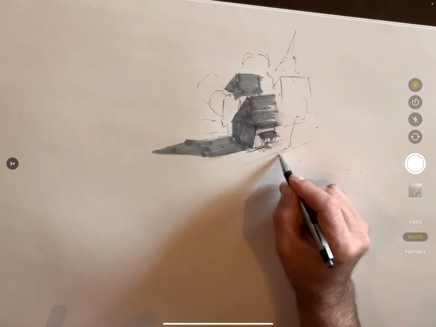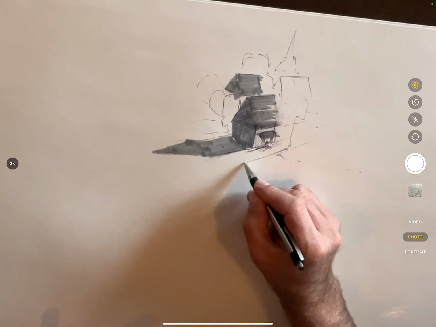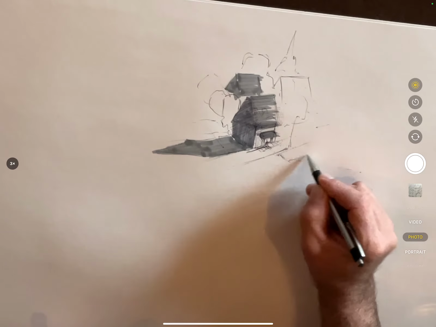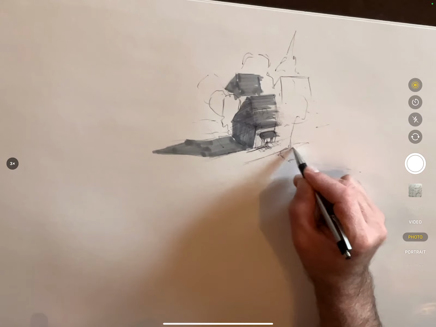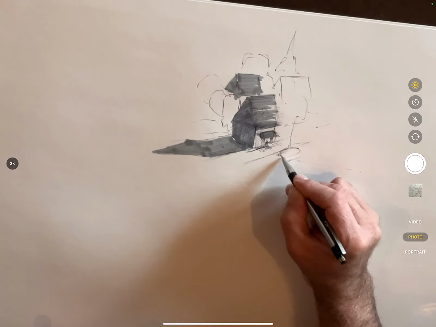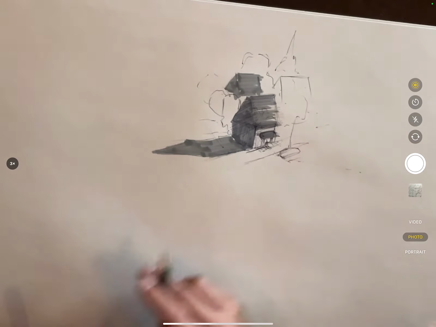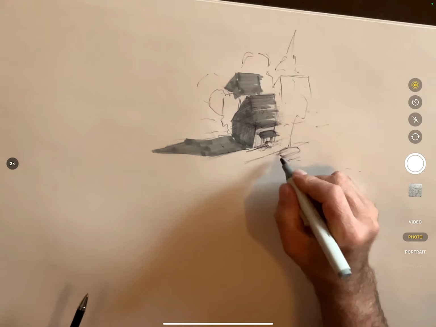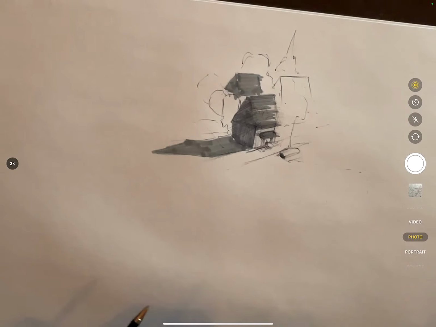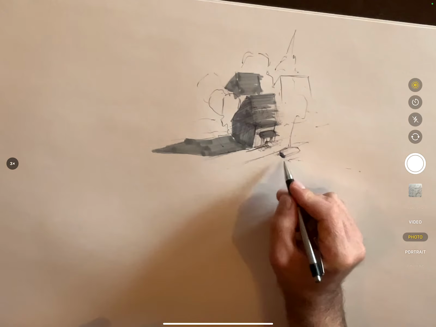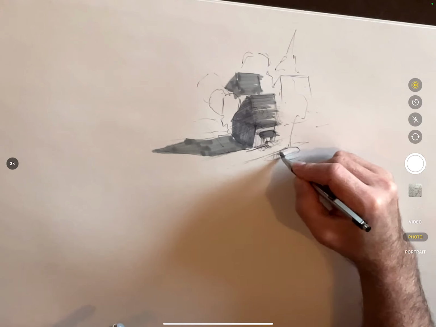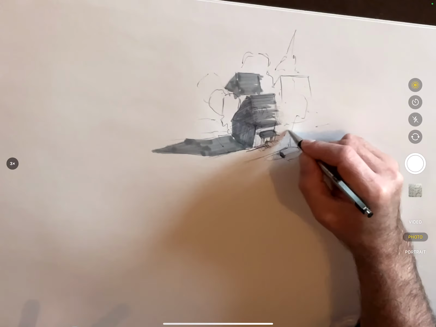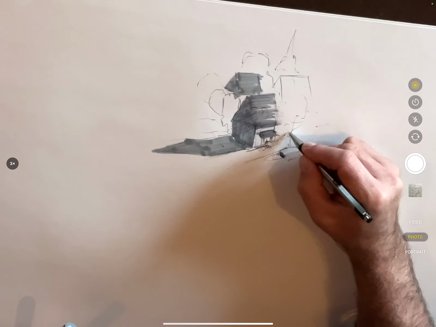And off on the edge, here's the street light. And off on the edge of this road is a car. There might be a couple of cars parked on the road. And the car could also have a long shadow. Maybe trees growing over the